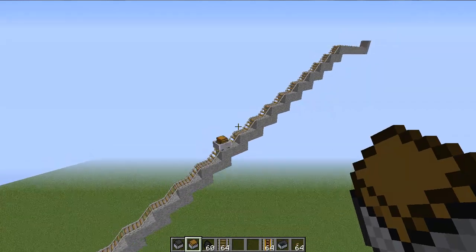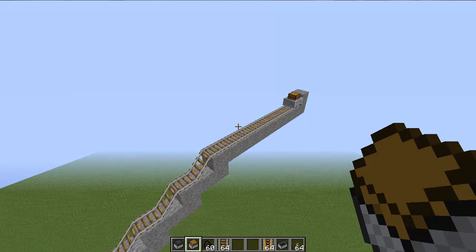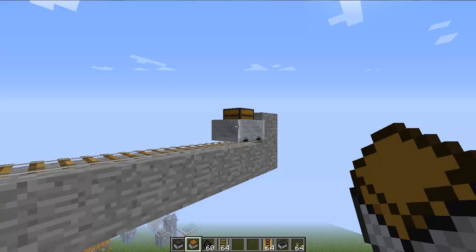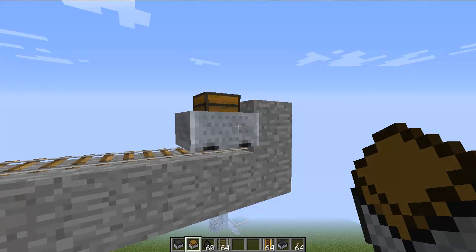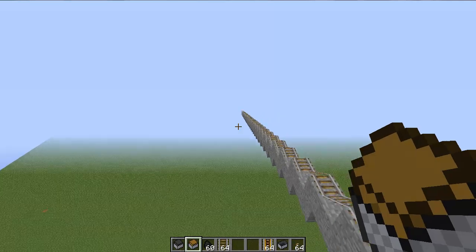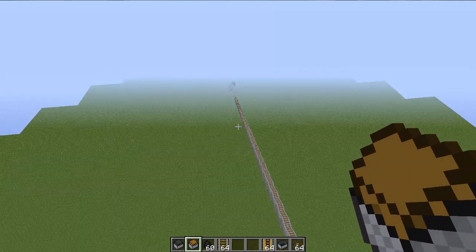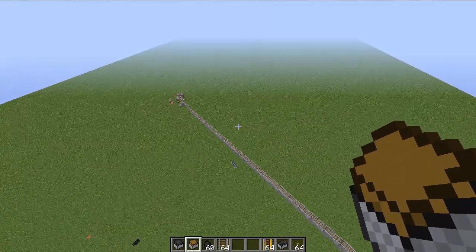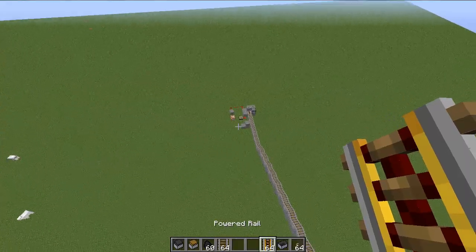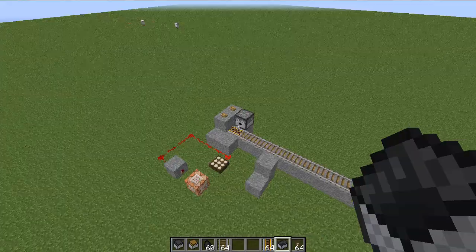So yeah, I'm going to use that because it works. And yeah. So that's how I'm going to be doing it in my thing. Honestly, at some point I'm going to probably just put actual powered rails. The only reason why I'm going to bother with this tricky little thing is that I don't have the gold